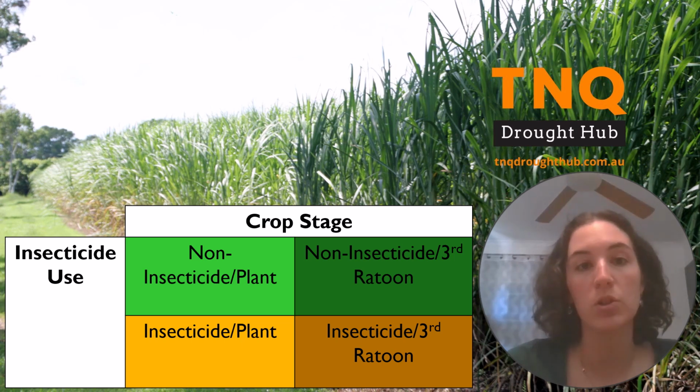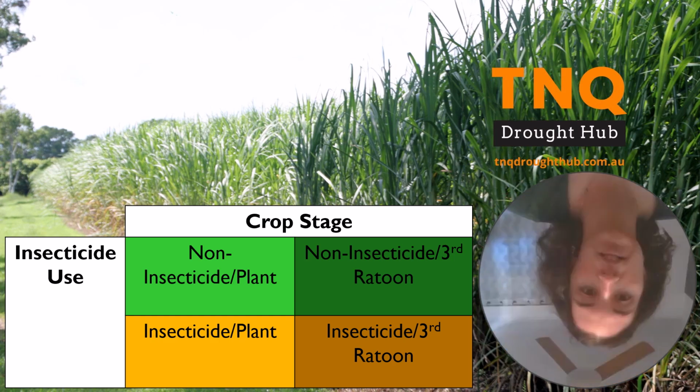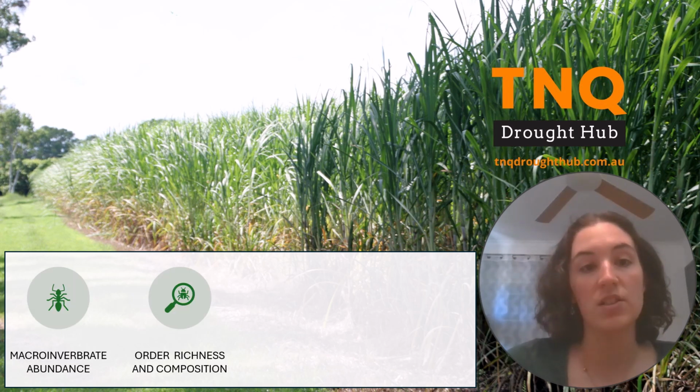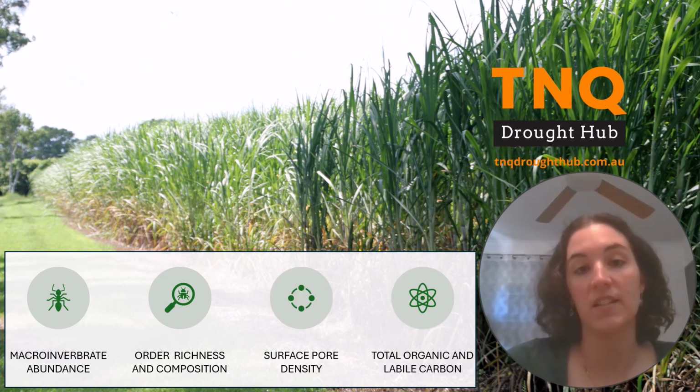I looked at a plant crop, which is less than 6 months since cultivation, and a third ratoon, which is about 3 to 4 years since cultivation. And I looked at some paddocks that received bifenthrin and some that did not. At each site, I measured macroinvertebrate abundance, richness and composition, surface pore density, and total and faster cycling,